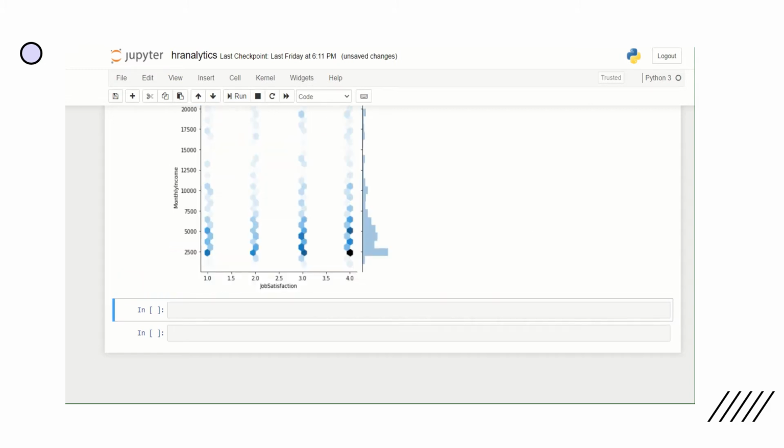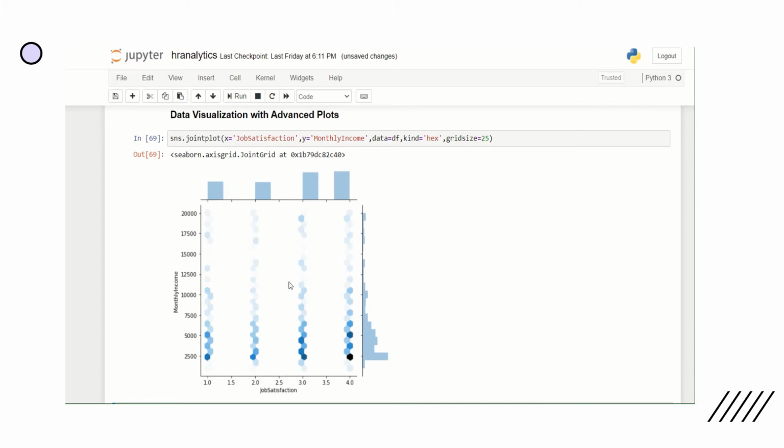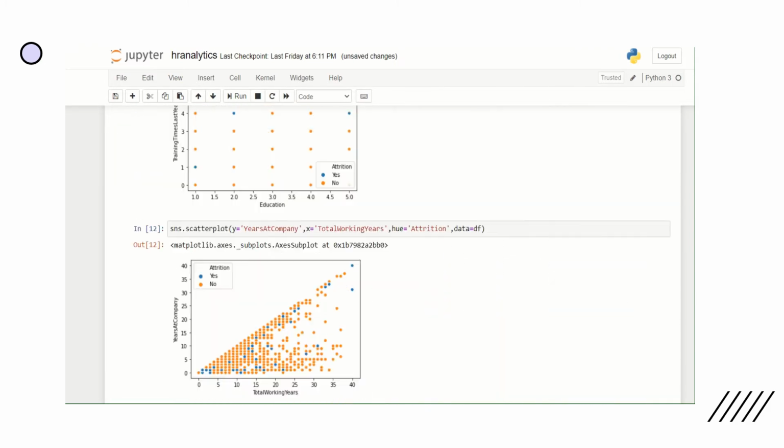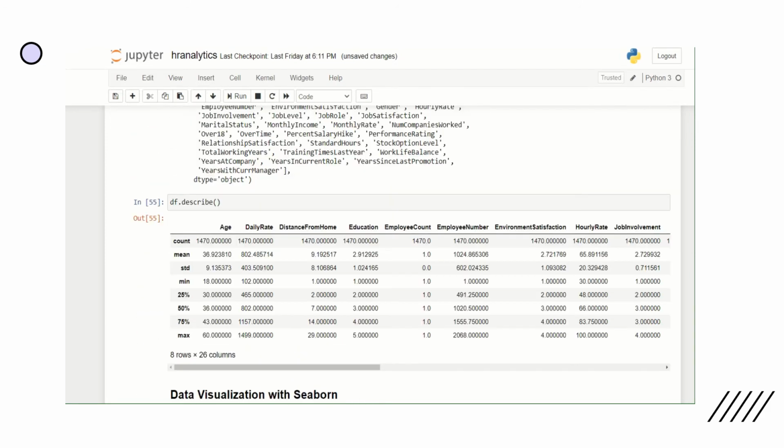So we can see now this histogram shows the distribution of job satisfaction, and this histogram shows the monthly income. So now the entire data set df is used for plotting these two variables. Now I can give some conditions here. Based on those conditions, the data points will be grouped. For example, I can take any variable.